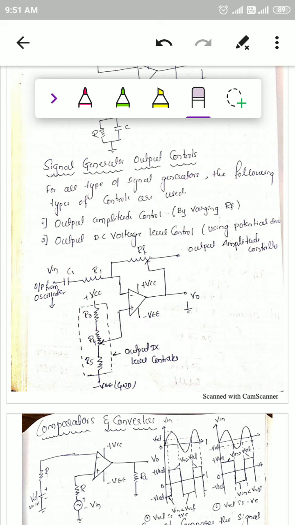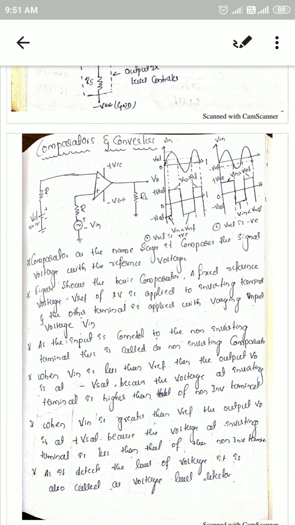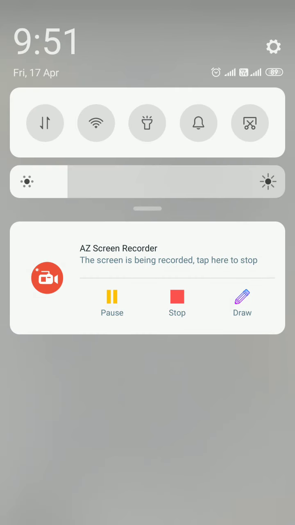These are some methods which are used to stabilize the amplitude, and some methods which are used to control the signal generator outputs. So that's about the oscillatory circuits. In oscillators we have studied the Wien Bridge oscillator, the RC phase shift oscillator, amplitude stabilization in the case of the Wien Bridge oscillator, and also amplitude stabilization in the case of the RC phase shift oscillator. Here the next part is